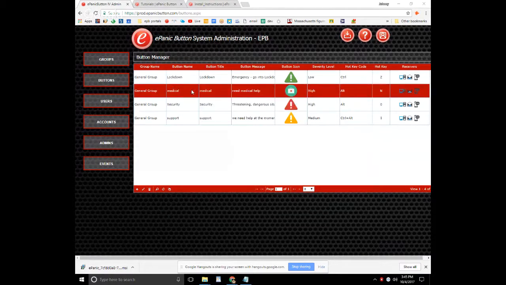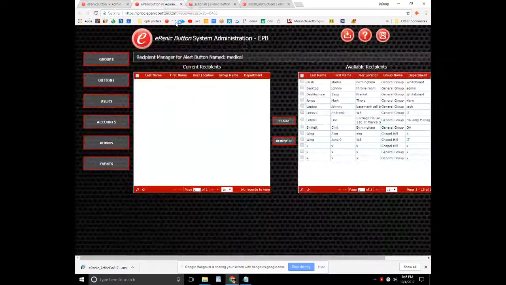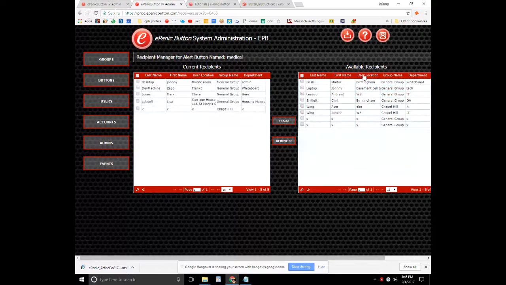As I'll show you with this new medical button, I'll click the little icon for the computers, and here is everyone that is available. So everyone in your account that has a program installed that's a user will show up here, and then you can just choose who you want to add. So on the right hand side are the available receivers, on the left hand side are the current receivers. And now moving forward, if I was to click this medical button, then we would see those 5 individuals get the program. Moving on,